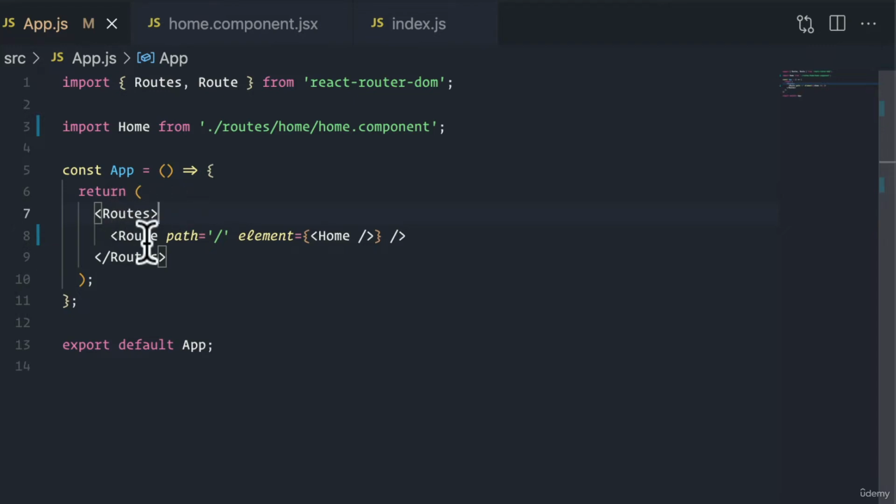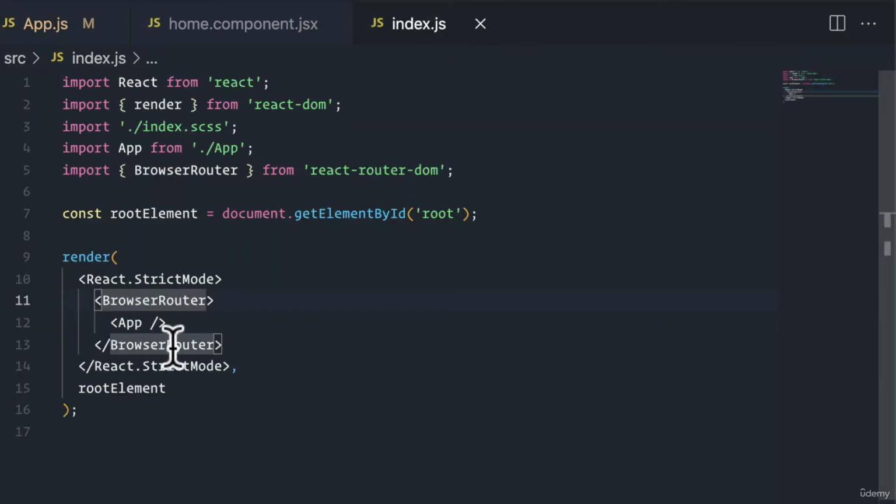But I want to highlight one quick thing. The reason why these components are able to connect to the URL and therefore render the appropriate element is because of the fact that these are nested inside of the browser router. You remember that I mentioned that you want to nest your application inside of the browser router component, or whichever router component you choose to use, most of the time it being browser router, because by doing this, you're extending that ability to read from the URL and keep track of navigation history and respond in turn with it,